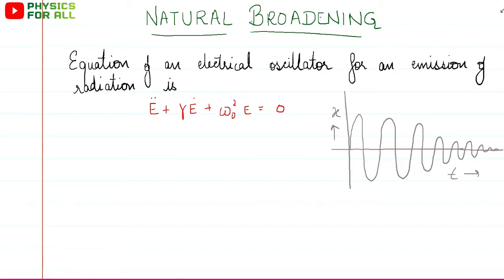What's the reason behind that? The main explanation behind natural broadening is Heisenberg's uncertainty principle. Today, we are going to derive natural broadening, or intrinsic broadening as we also say. We are going to find what amount of broadening, what stretch, would be there in the line if there is some natural frequency omega naught, then how much extra or how much deviation can we expect